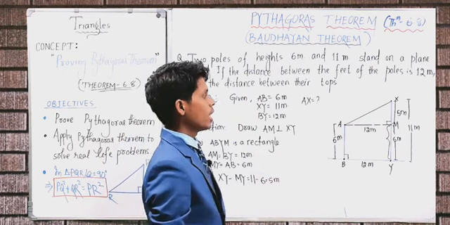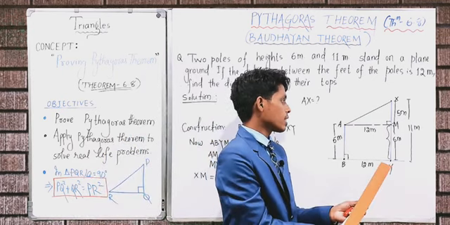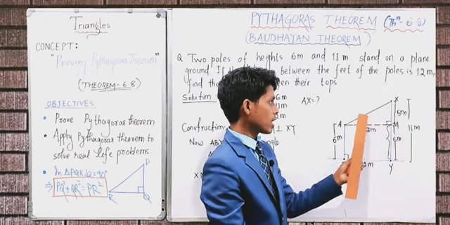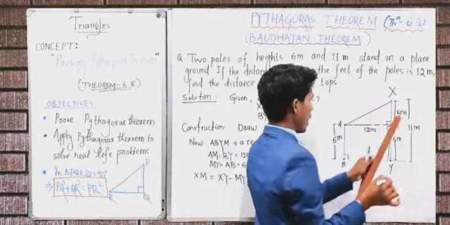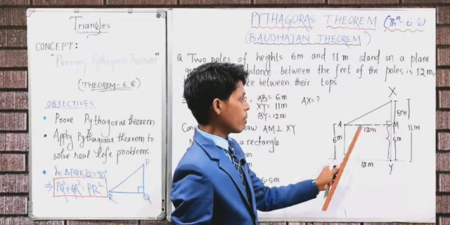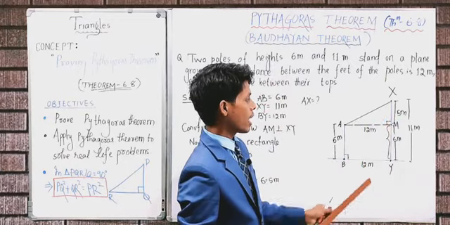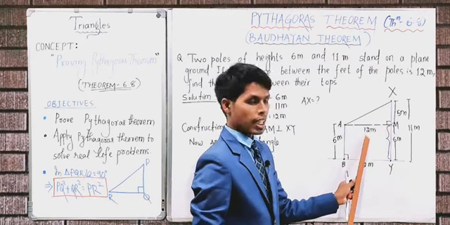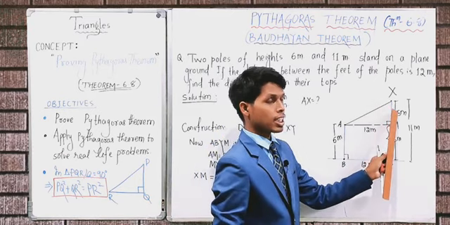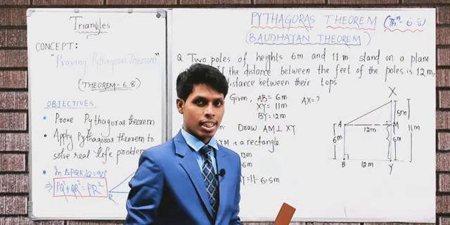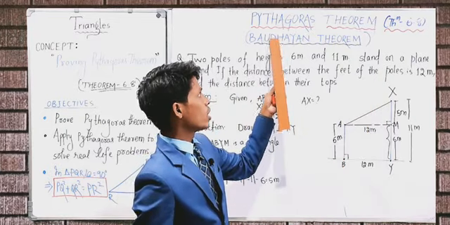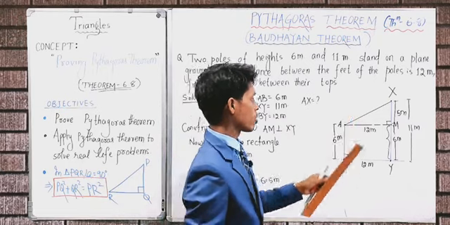So now see, in the triangle XAM, you can see XAM. Let me write the X clearly here. XAM or XMA, where M is right angle, we got the length of AM, that is 12. We got the length of XM, that is 5. Now can we find out the length of this hypotenuse XA? Very simple. We will use Pythagoras theorem and we will find out the value of AX.